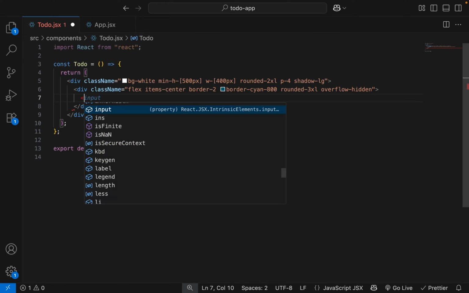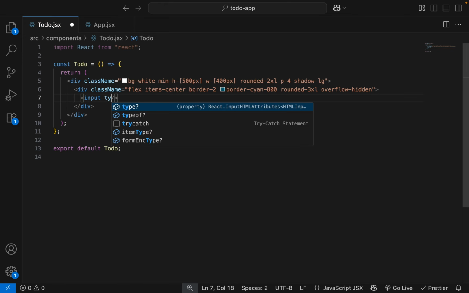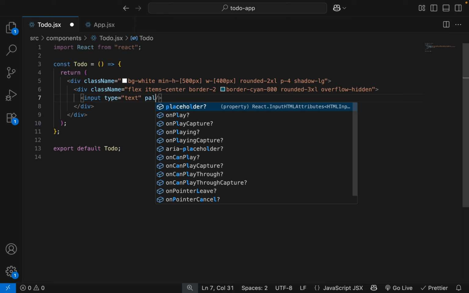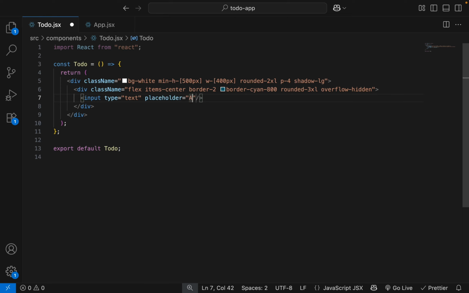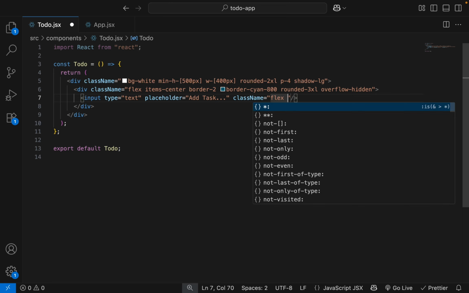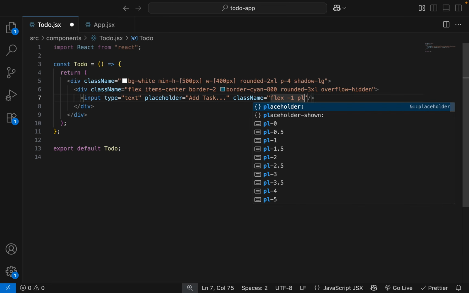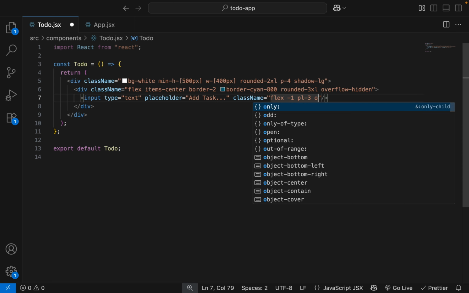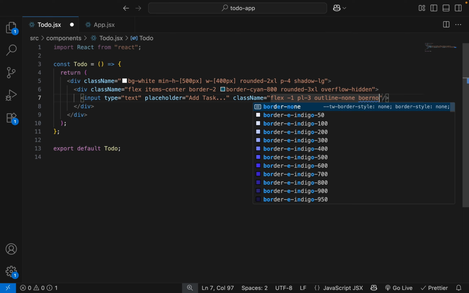Inside this, add an input, type text, placeholder add task, and add some CSS classes: flex 1, padding left 3, outline none, border none.